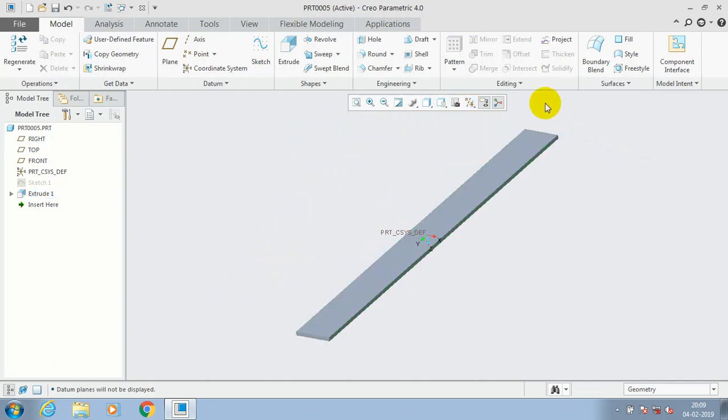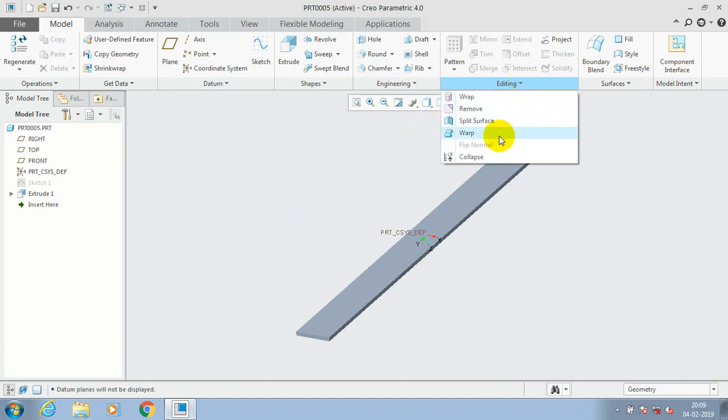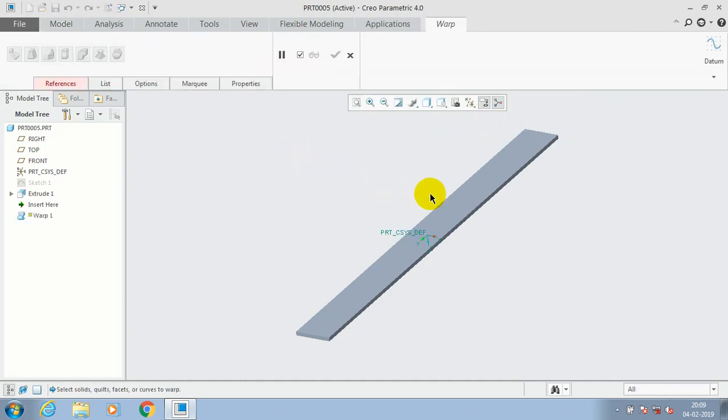In the features, inside the editing drop down list we have a wrap command. So just select the wrap option. Then select our component which we want to make a twist. Then select the twist option